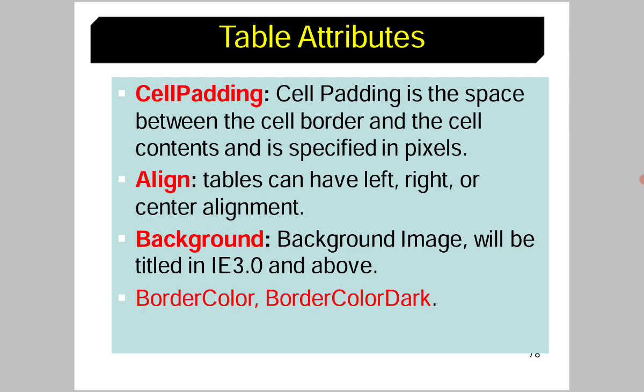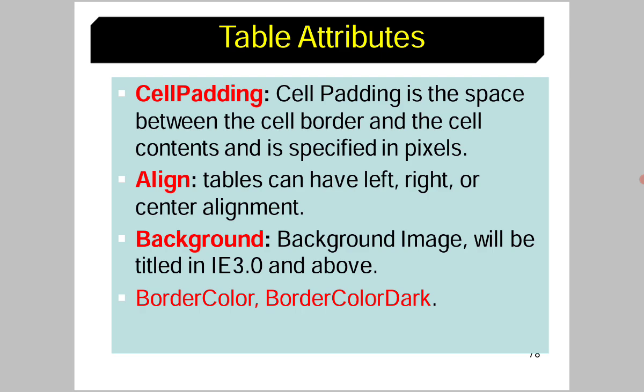Align. Align is another parameter or attribute generally used with the table tag. Align means we can arrange the table contents in a variety of forms, like we can display the table data in the table cells on the left, right, top, bottom, middle, center, like that. So by using the align attribute we may arrange the cell contents in different ways by moving towards left, right, top, bottom, center, like that.